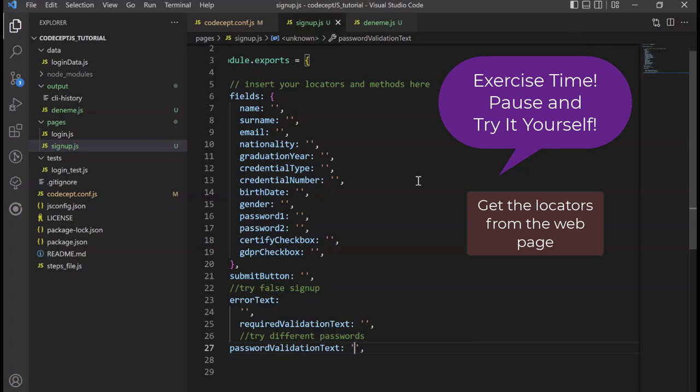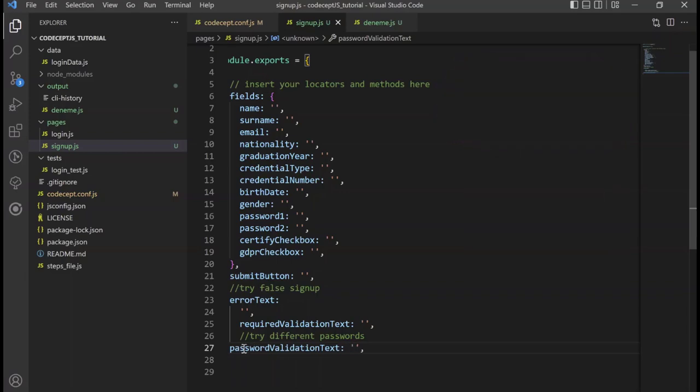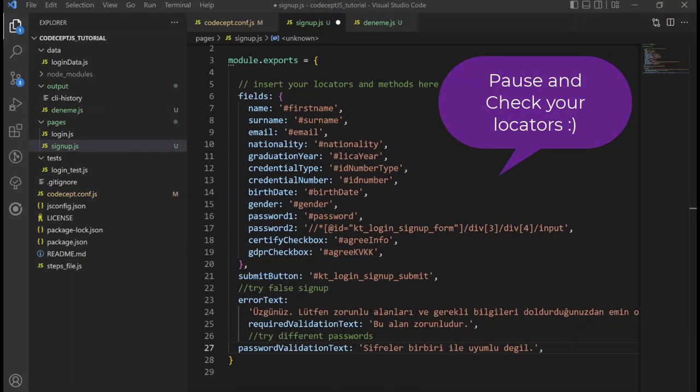For validation text, try empty values and different passwords. Results are a few seconds later, but pause and try it. Our results. All ID locators have a hash sign and password2 field is XPath as you see.